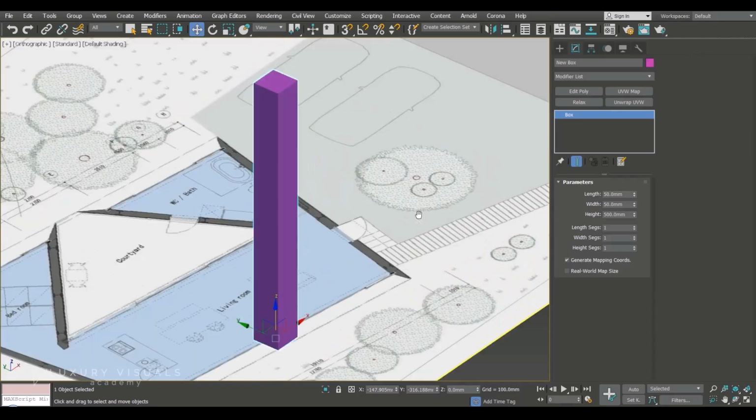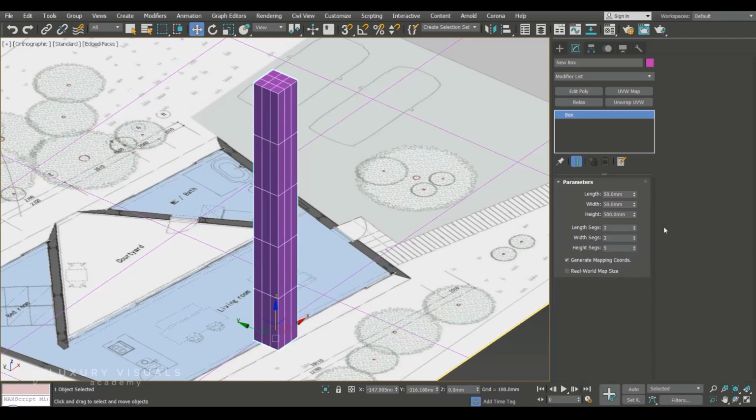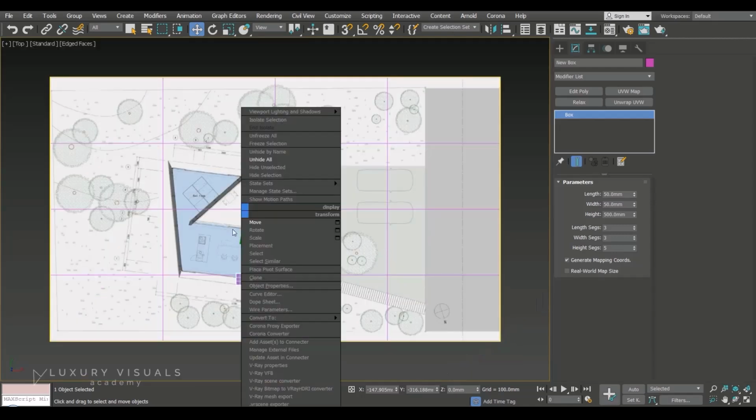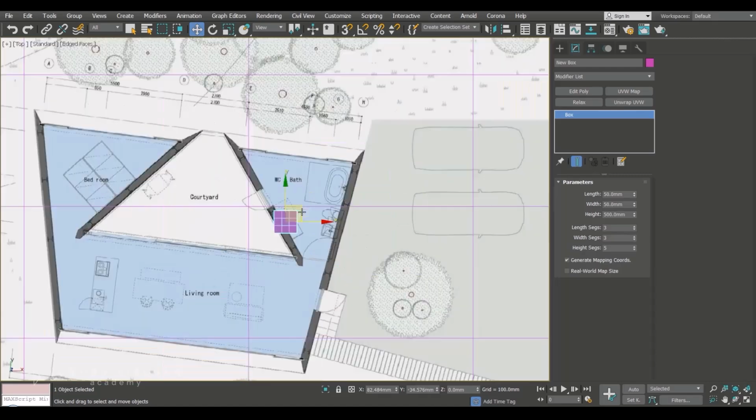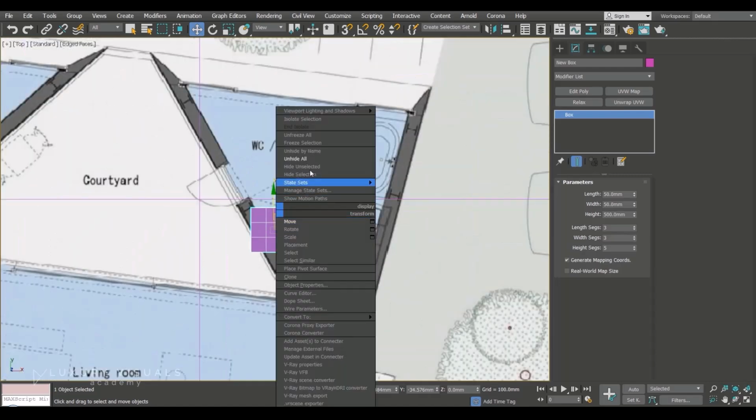And if you press Z, we'll zoom in on it, and you can add height segments here. So let's press F4 to see what that's doing. So this is how we create segments on an object. And then we can go to the top view and say we wanted to position this somewhere relative to the plans. We can do that